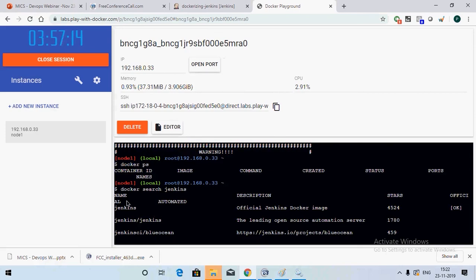Can you see the response here? You see the Jenkins response.